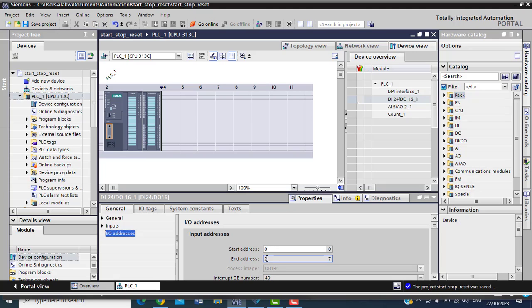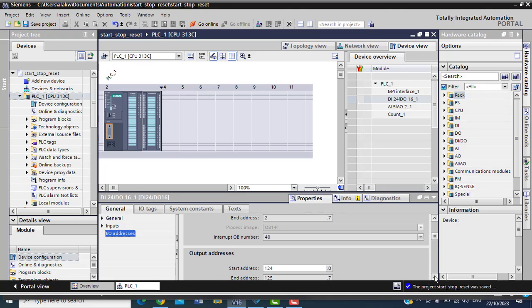So you see it adjusts itself. Okay, because there are 8 bits inside 1 byte, if DI tells you 24 bits, then 8 bits inside byte 0, 8 bits inside byte 1, 8 bits inside byte 2. So we take the 24. Alright, so that is the input side, now I do the output side.